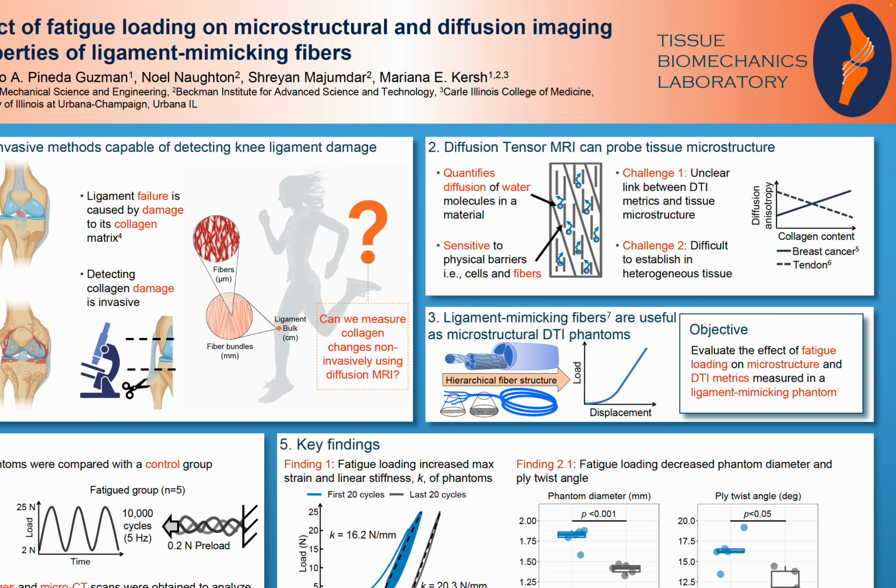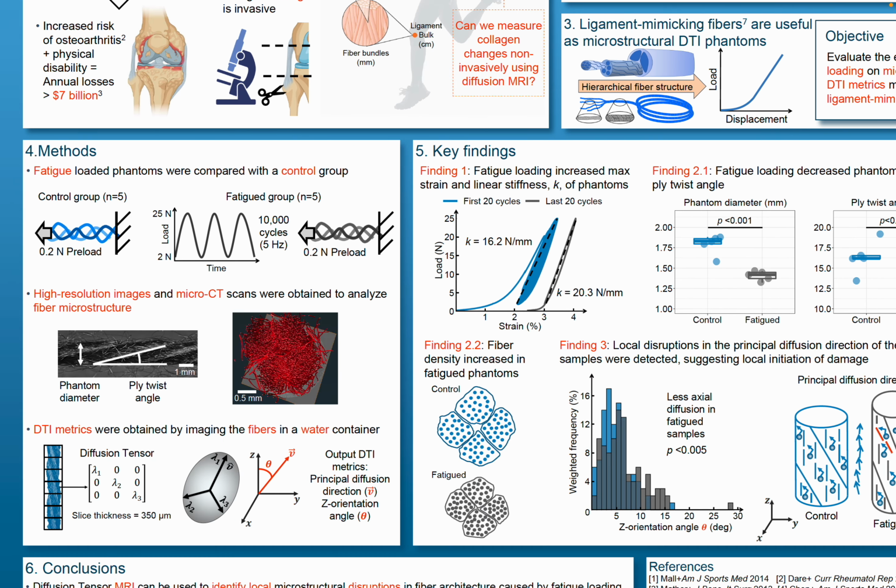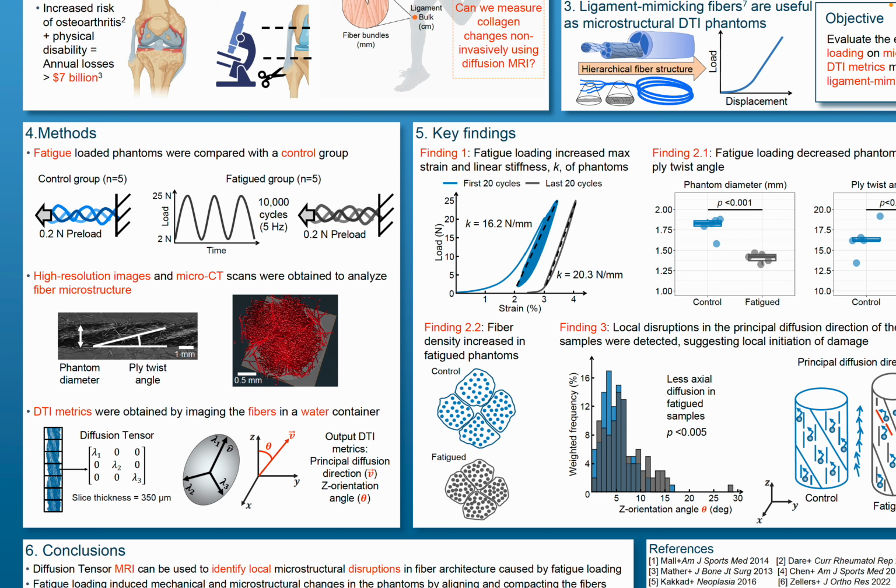We propose the use of more homogeneous ligament-mimicking fibers that we have previously developed as microstructural DTI phantoms to circumvent this issue. The objective of this study was to evaluate the effect of fatigue loading on microstructure and DTI metrics of our phantoms. We subjected a group of 5 phantoms to fatigue loading and compared them to a control group